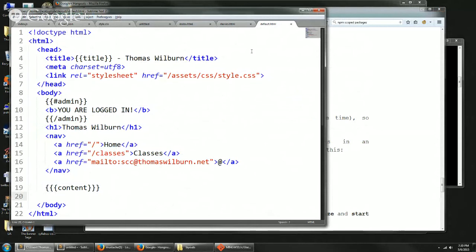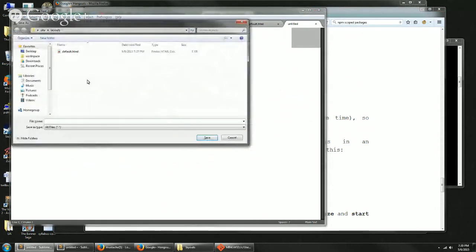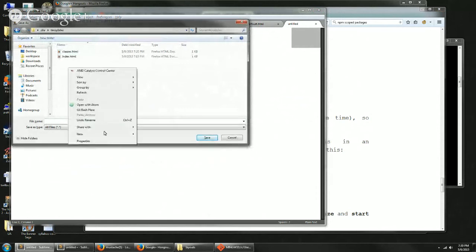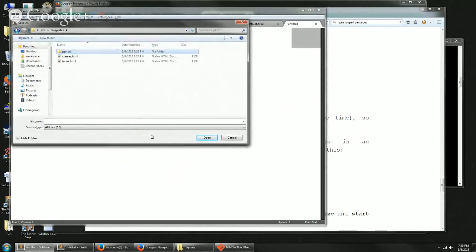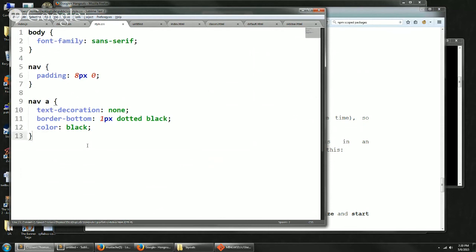So I'm going to do this by creating a sidebar. I'm going to save this. And inside of templates, I'm going to make a subfolder called partials. And in partials, I'm going to make sidebar.html. It's an aside tag, and it says, hello, I'm a sidebar. And our style will just